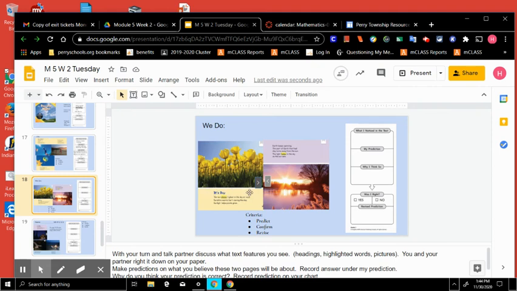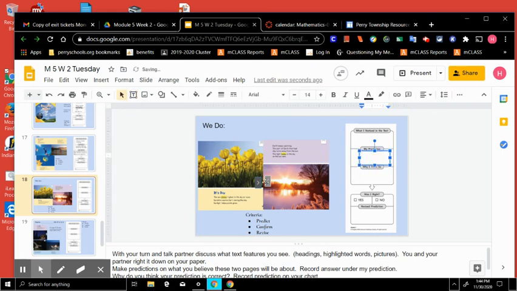This one's heading says, it's day. What do you think this prediction is going to be? What do you predict is going to be on these two pages? What are they going to talk about? And on here, why do you think that they're going to talk about what you predicted? And down here, after you've read the pages, you could say, was I right? Yes or no. And if you said no, it is okay. You can make a new prediction down here.